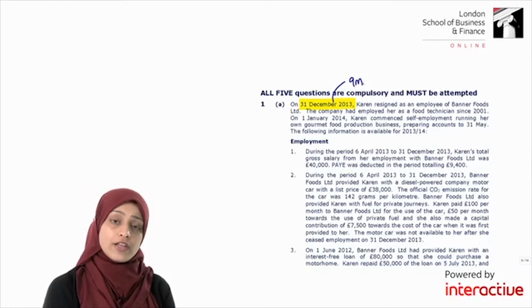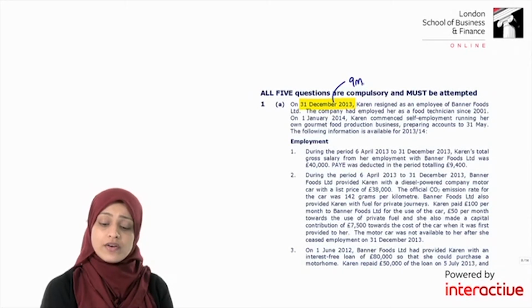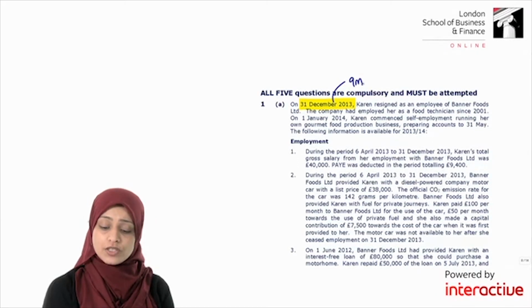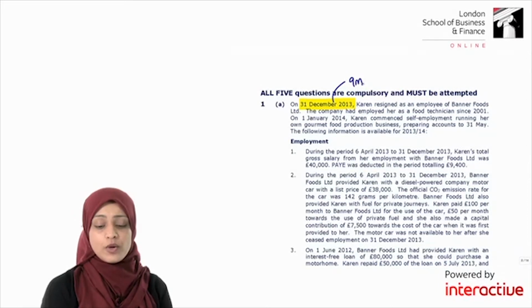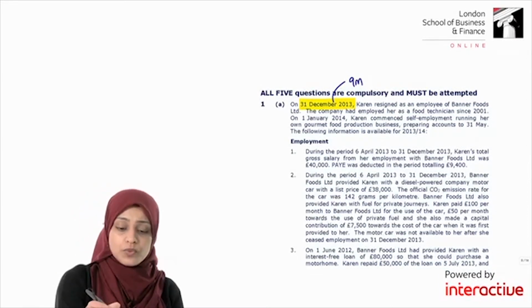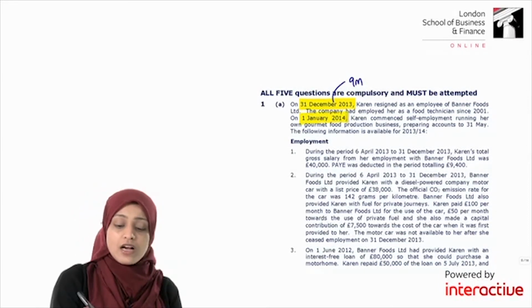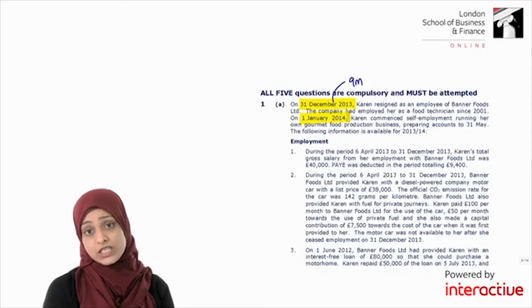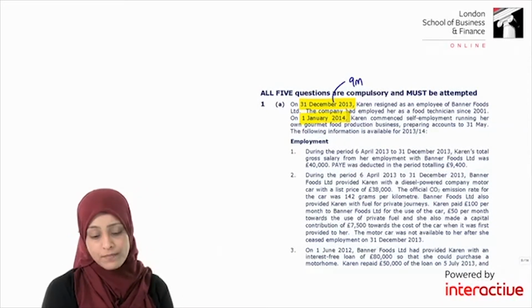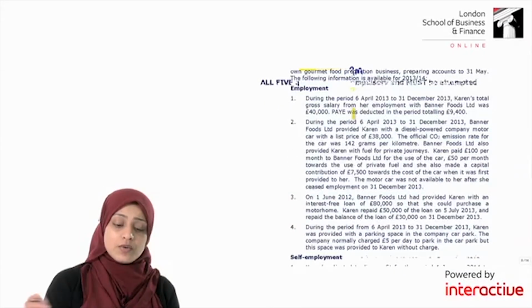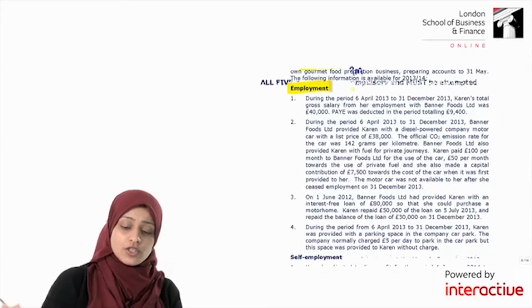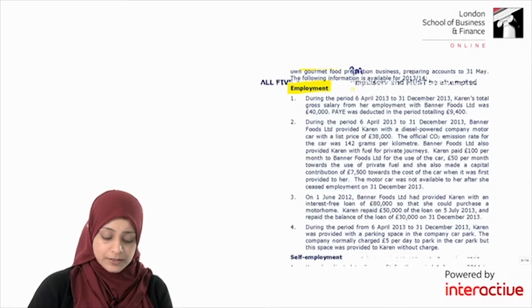On the 1st of January 2014, Karen commenced self-employment running her own gourmet food production business, preparing accounts to 31st May. The following information is available. So what we see is that on the 1st of January 2014, she started her own business. Okay. So for the first 9 months, we have her employment information. We are told that